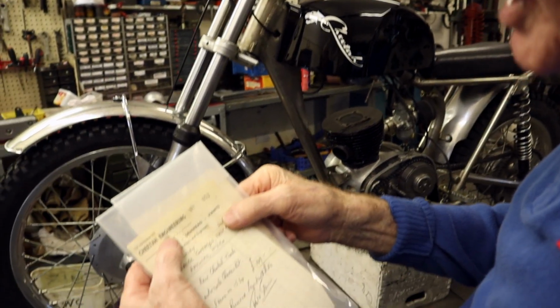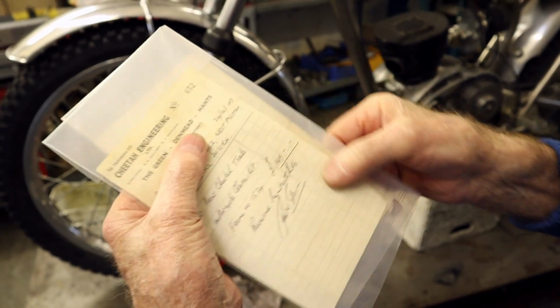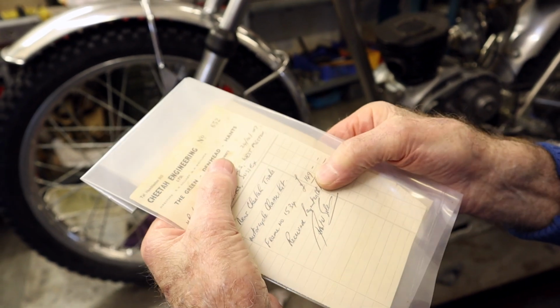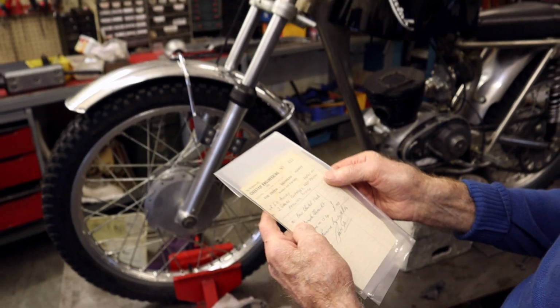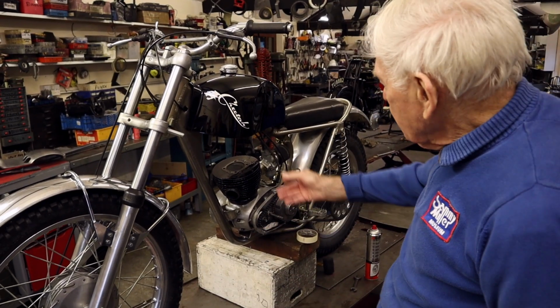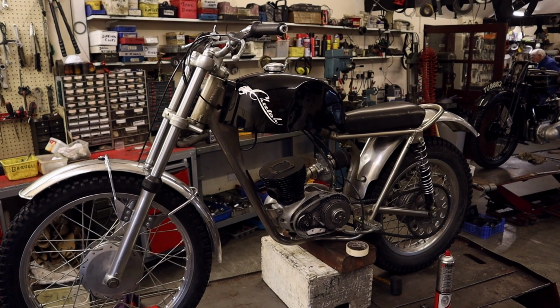That's the receipt from Cheetah Engineering for the one that we've got in the museum, which is totally restored. That's the kit, and it was 149 quid to buy the frame and all the kit. In those days, lots of manufacturers put out kits so you could update your Villiers with a new kit. So it's quite interesting. The frame number in this one here,